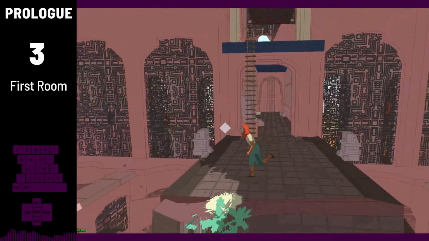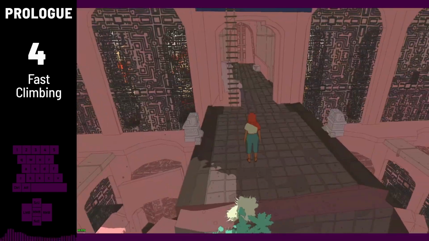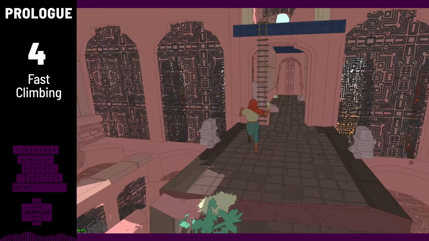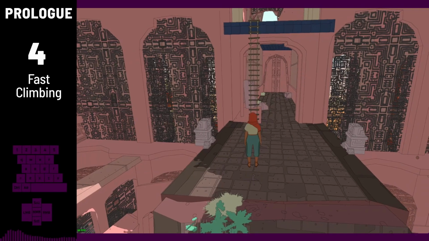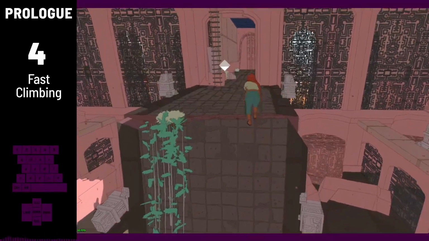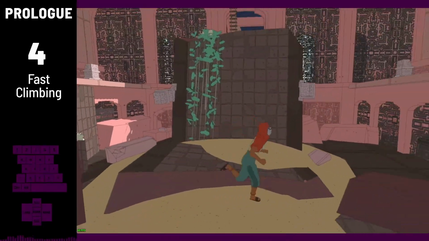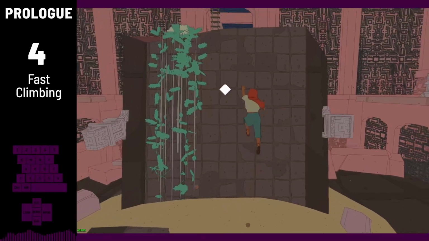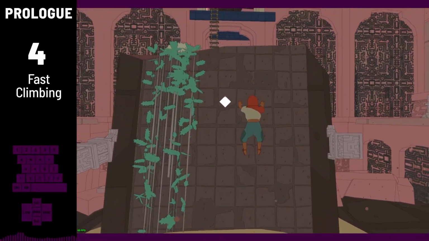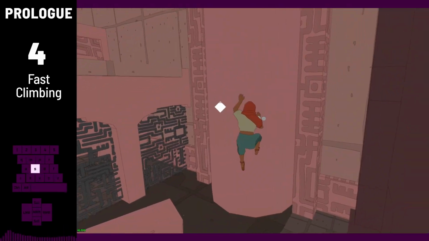After you get here, you are gonna have to climb these stairs. To do this fast, we use a thing called fast climbing. Usually climbing takes a little bit like this, consumes stamina, but you can actually climb faster and without using stamina with fast climbing. Basically how it works is you press spacebar and then immediately forwards, and that makes Sable